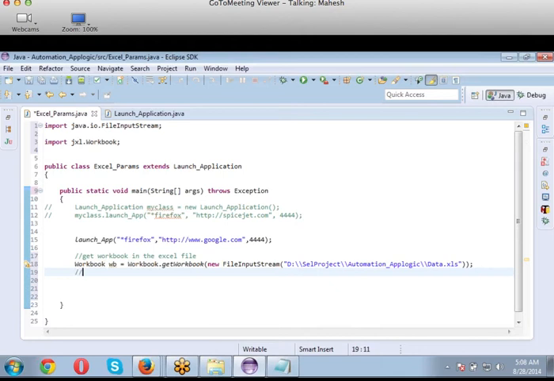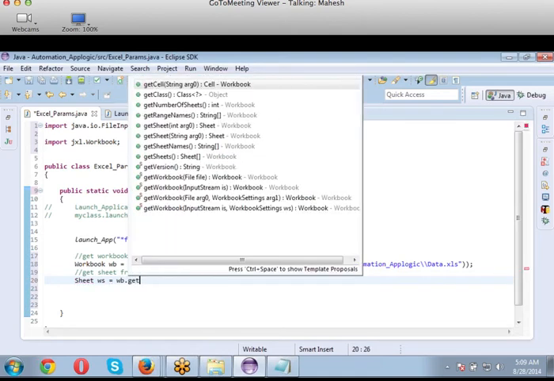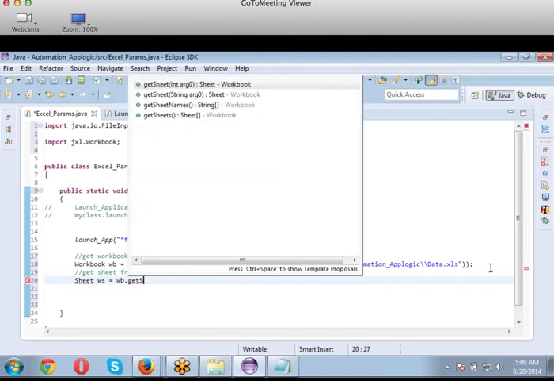We accessed our workbook. Next thing, I need to get the sheet from the workbook. What is the class for that? Sheet. Sheet variable equal to, as my sheet is inside my workbook, I have to use my workbook variable wb dot getSheet method.